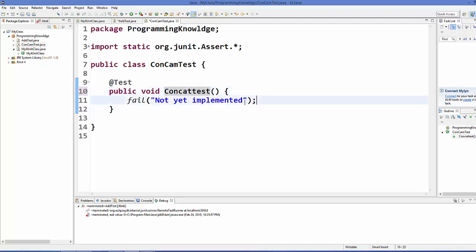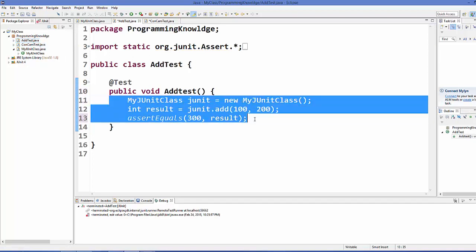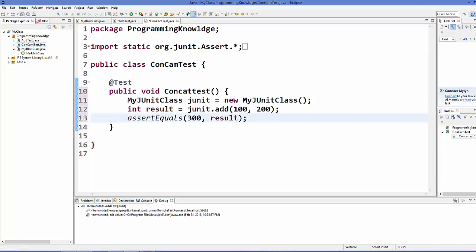Okay, and we will delete this, and for now let's copy the same code from the earlier test and paste it here, and we are just going to change this result here. Now we are testing the concatenation function which returns a string,